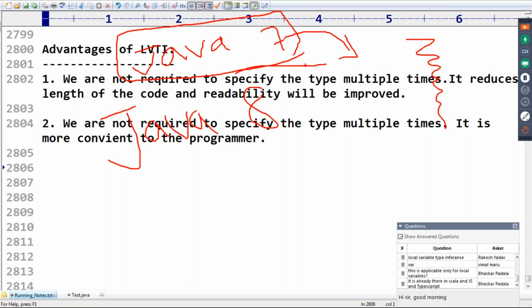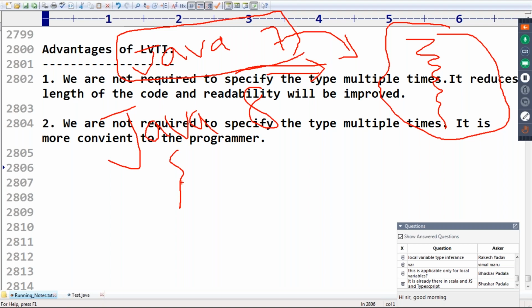Immediately, what the Java people did is they tried to analyze the features of other languages and implement those features in Java. That's what they are doing. Beyond that, nothing. Their concentration as of now is on what features other languages are providing, and trying to implement those in Java. That's all. Their concentration is always like that.